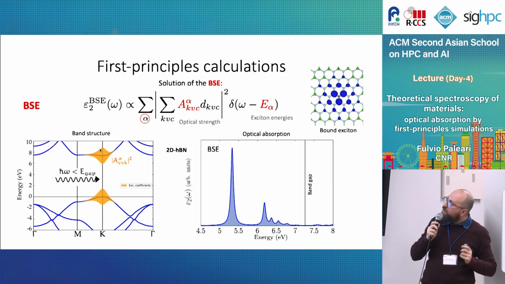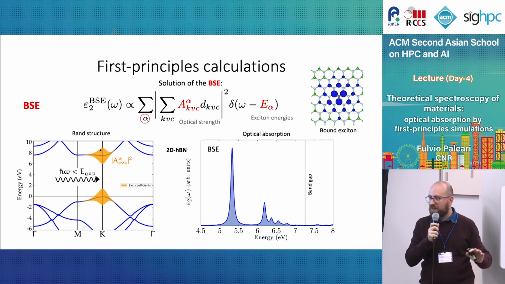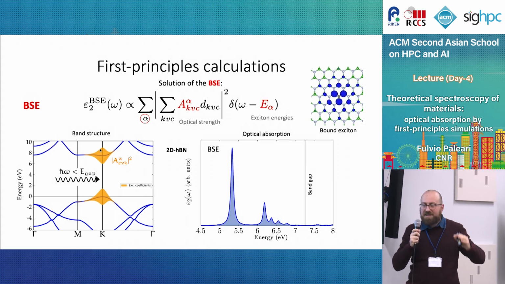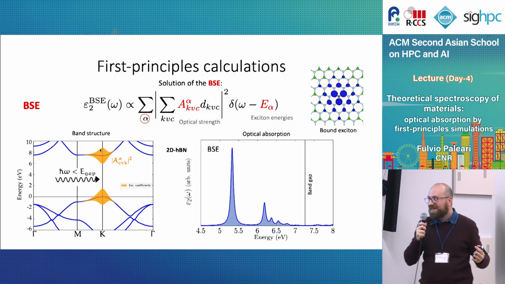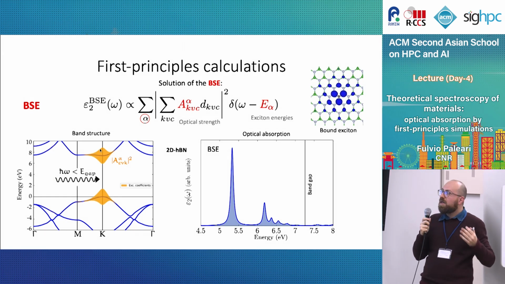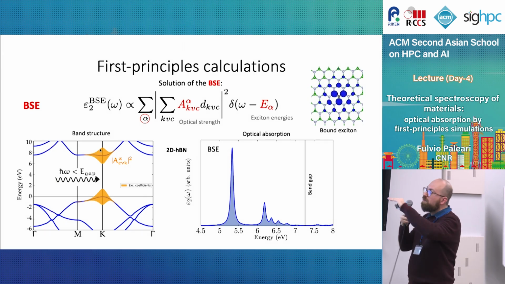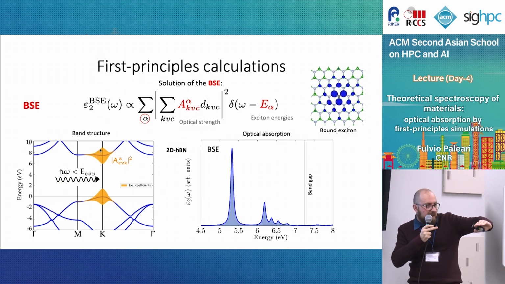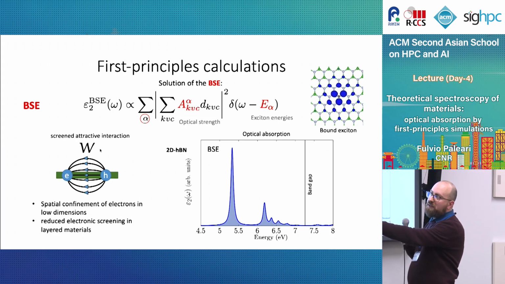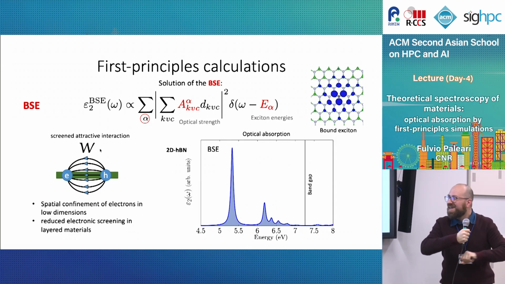Instead, if we switch to the Bethe-Salpeter equation, we find not just a small correction. I chose, of course, the most extreme case, and normally it's not so extreme. But just to see, a result that is more in line with the experimental real results is completely different from just DFT or even GW on top calculations. And what is happening here is that we have a system that is almost unscreened because it's a plane of atoms. So the interaction between a hole and an electron is basically unscreened. And since it is unscreened, the W term, which is responsible for the binding of electrons and holes, is strong, super strong.